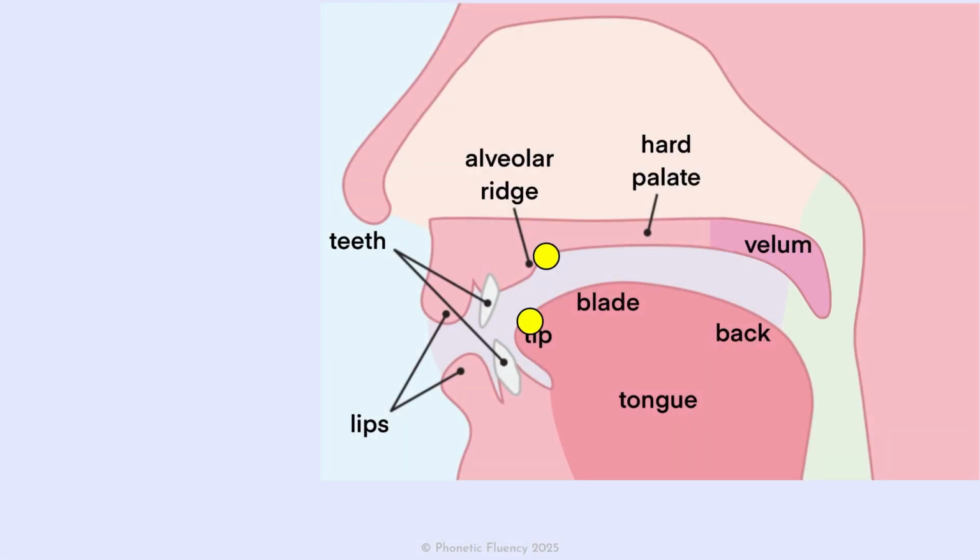So we identified where the alveolar ridge is in our last group of sounds, and so now we're just gonna pull the tongue back just a little bit further to just behind the alveolar ridge, and that's where we're going to produce all of these sounds, just like you see here in the diagram. Starting with our first sound, we have ch, ch,